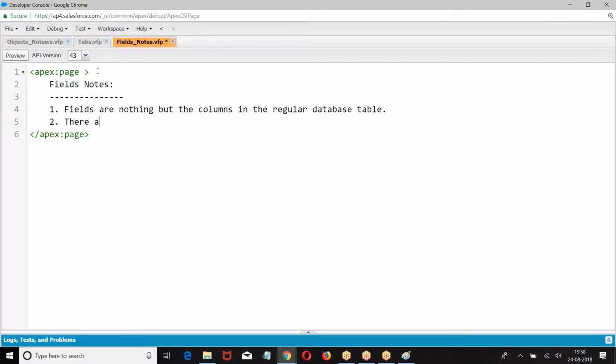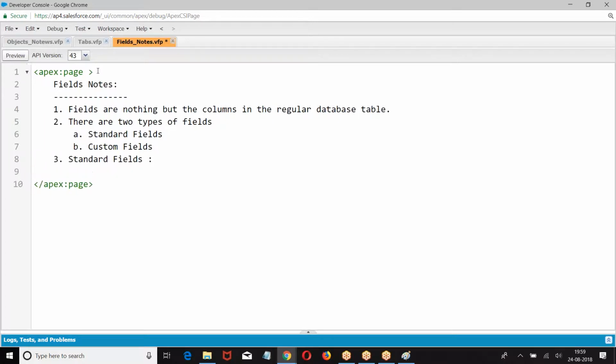There are two types of fields. Standard fields, custom fields.